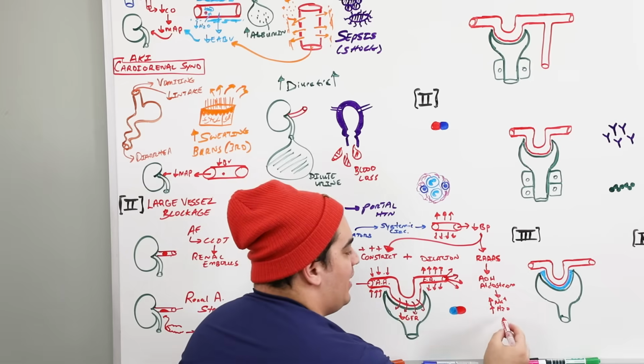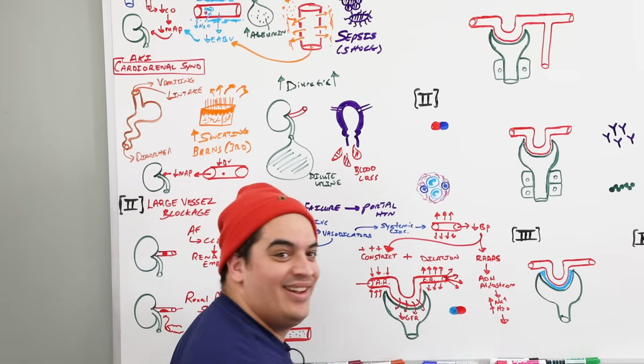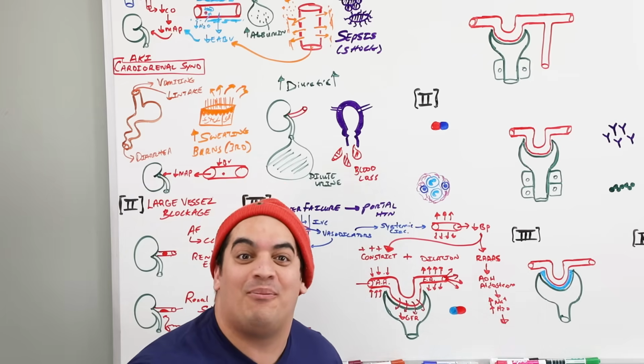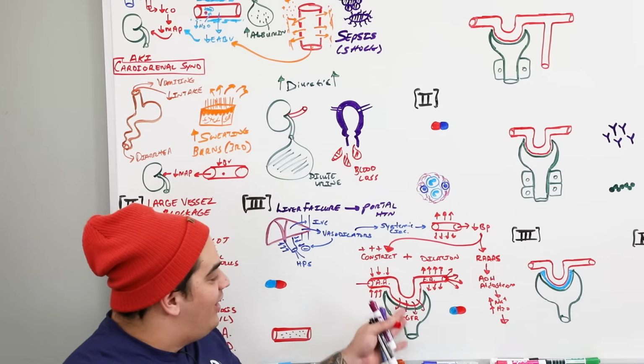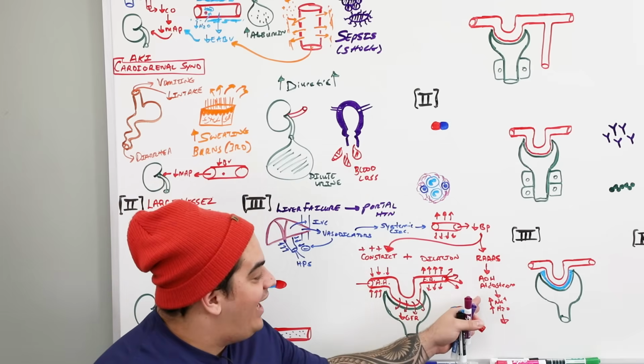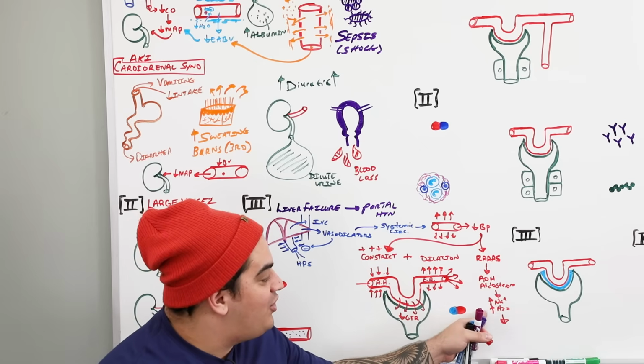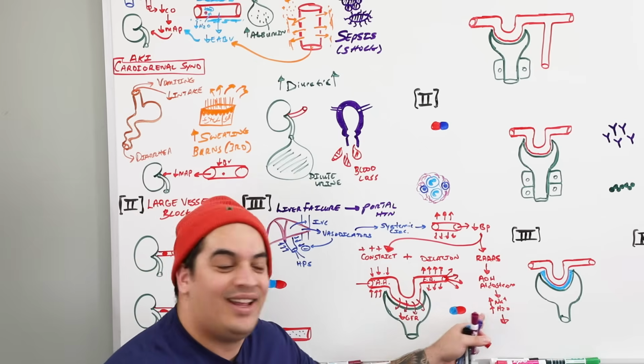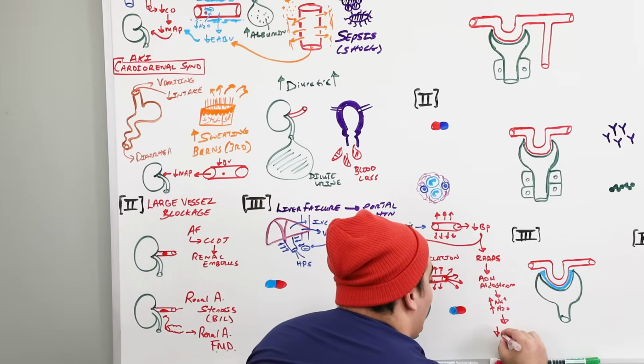If you reabsorb these, that means less of it's in the urine. That lowers your urine output even more because you're reabsorbing whatever little GFR you had, whatever little urine that you were going to make. Now the ADH and aldosterone that you just produced, you're going to reabsorb that little sodium and water. And so this is going to lower your urine output even more.